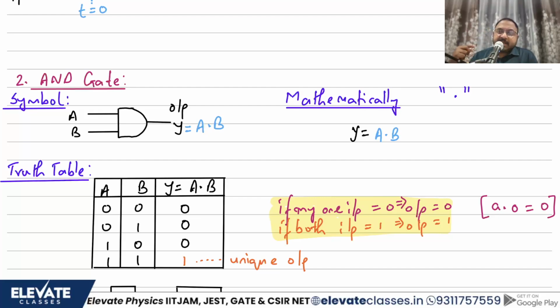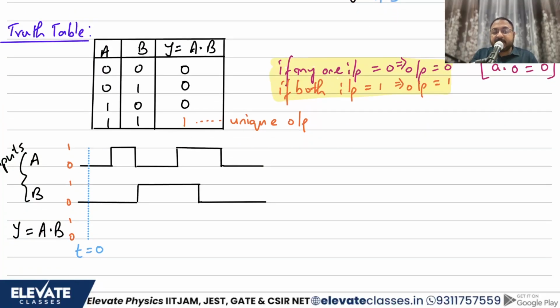Is there a real life example of an AND gate? Yes. Most of our security systems, like if you log into a website, mostly they ask you for your username and your password. You match both the things are correct, then you can log in, not otherwise. You want to sign into your Gmail account, put your email ID, put your password, both the things are true, you get an entry. You are doing a transaction, you put your password, then you enter an OTP, both things should match. पासवर्ड भी सही है, OTP भी सही है, तभी आप आगे जा सकते हो. So this is very useful in security systems. AND gate is very widely used in security systems.